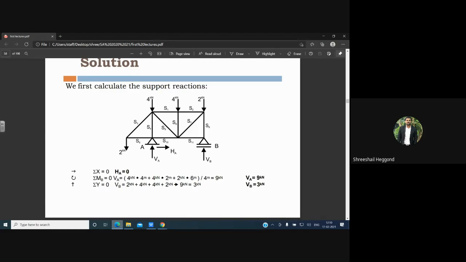Yes, sir. Okay, fine. You need to find out the horizontal and vertical reactions. That is our regular practice, which we have followed for calculation of the reactions. Here, a 2 kN load is acting at the end. 4 kN, 4 kN, and 2 kN are the applied external loads. We need to find out the reactions at this VA and VB. You can write any values.